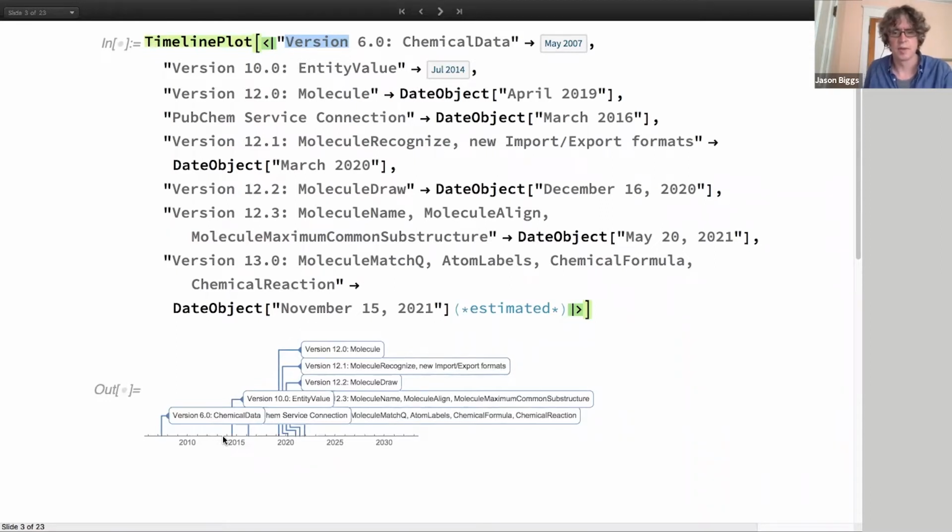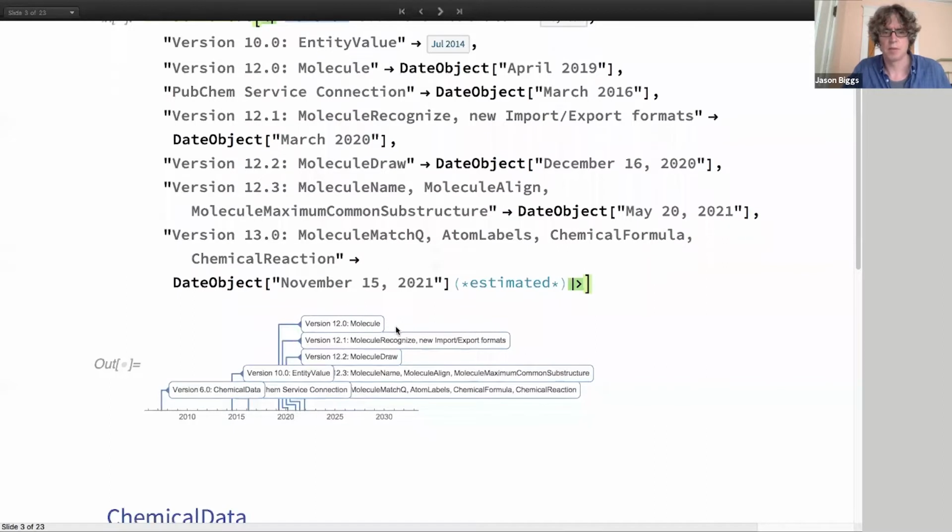And so a new framework to tie it all together was brought in, the entity framework. With EntityValue, chemical entities came in version 10. And along with that came some integration with PubChem. And then starting in version 12, we had Molecule,